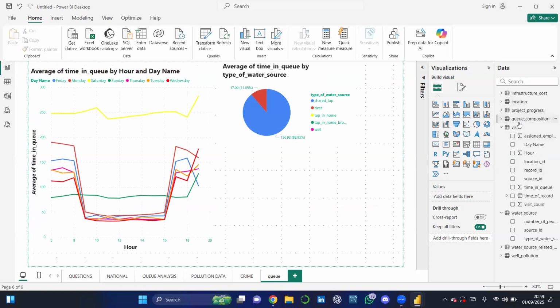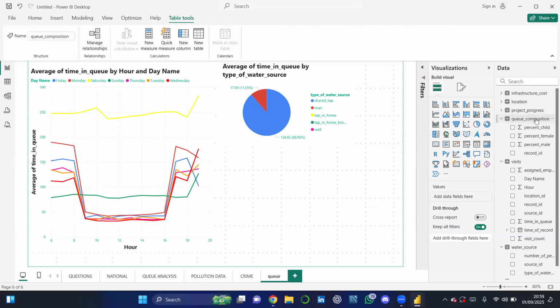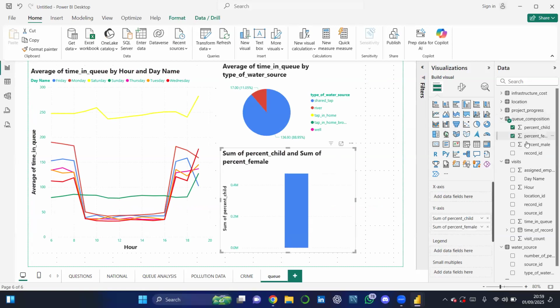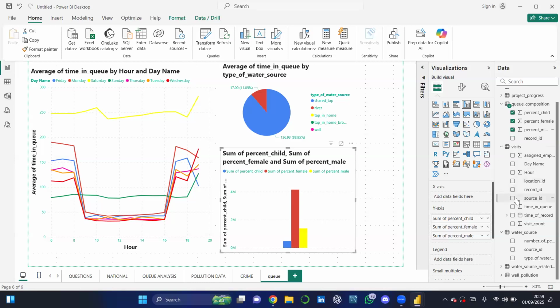From queue composition, we select on percentage male, percentage children, and we also add percentage female. So now we have percentage male, percentage children, and we want to know the average queue composition. If we wanted to know the average queue composition per day,